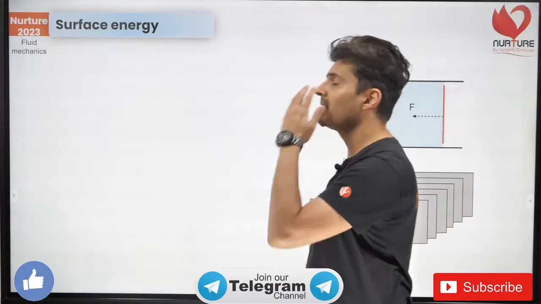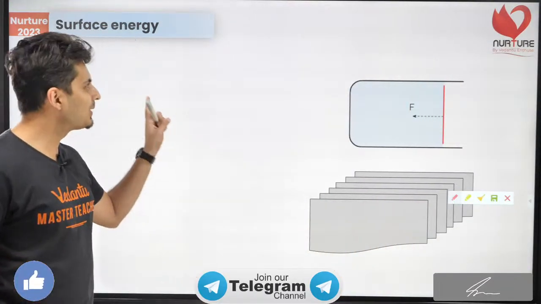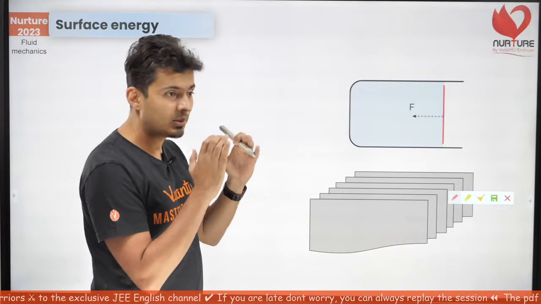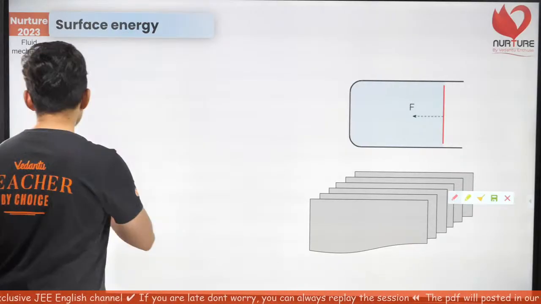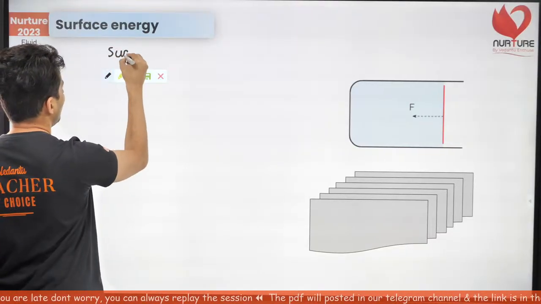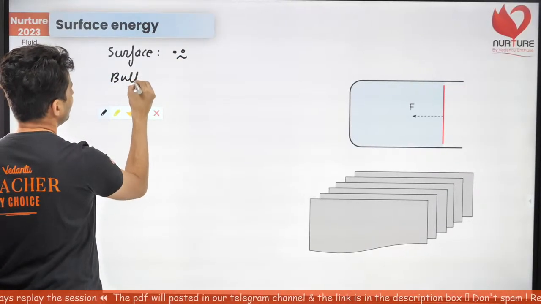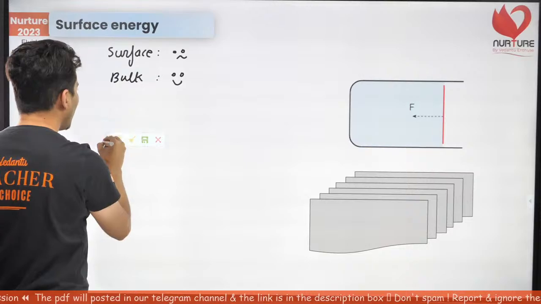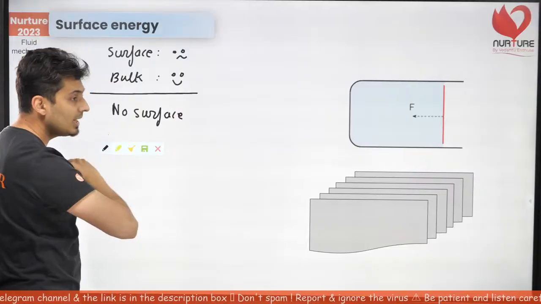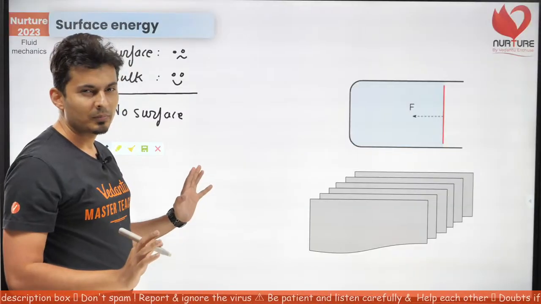Now, let's talk about surface energy. I just told you that all the molecules on the liquid surface have more energy, they are more unhappy as compared to the molecules in the bulk. So the molecules on the surface are unhappy, and the molecules in the bulk are happy. Also, it means if you have no surface, then there are no unhappy molecules. If there are no unhappy molecules, that's the best possible scenario. That's hypothetical, but